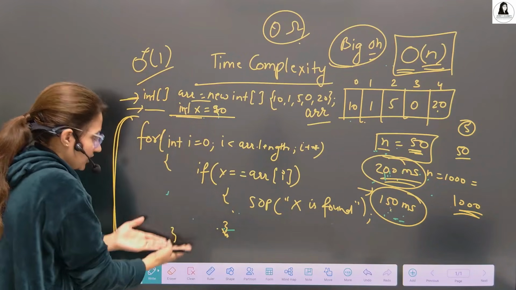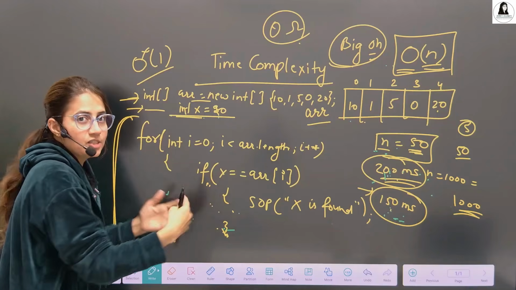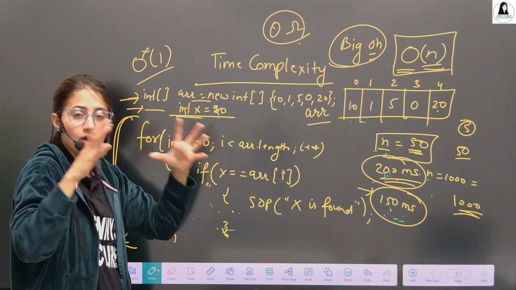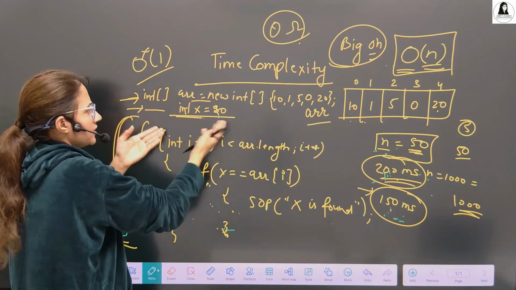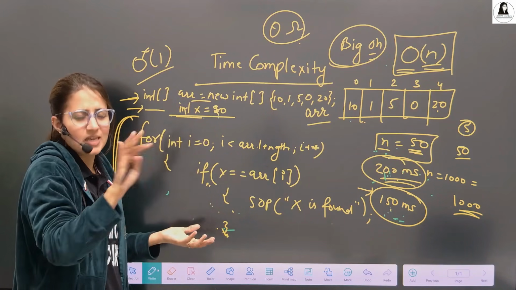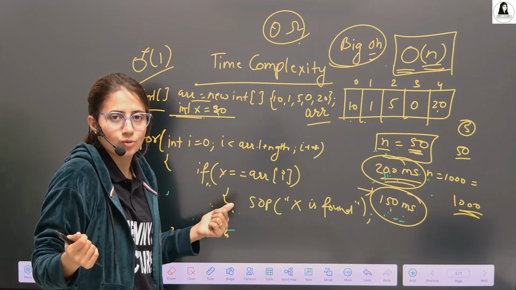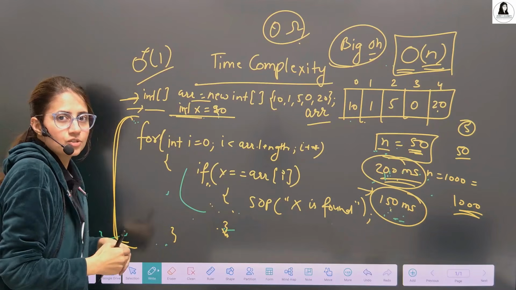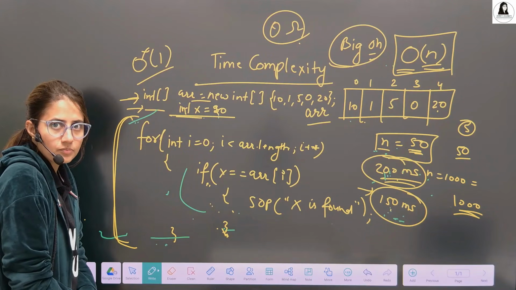And what are the frequently executed statements here? Only these statements. Why frequently executed? Because these are in loops. So focus on loops, recursion, and function calls to calculate time complexity. These constant time complexities don't matter when you are dealing with a larger amount of data. I'll show you that also. So you have to calculate the time complexity of the frequently executed statements, or of the loops. So find out the time complexity of this.